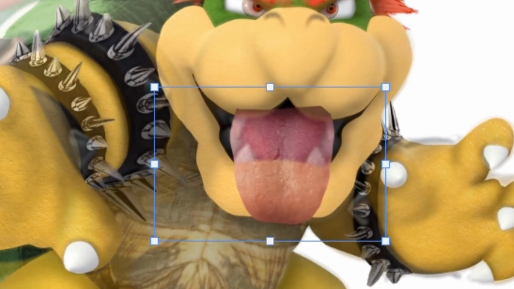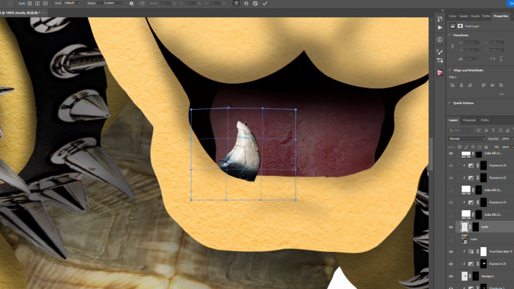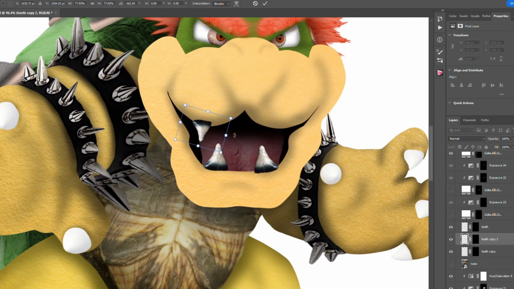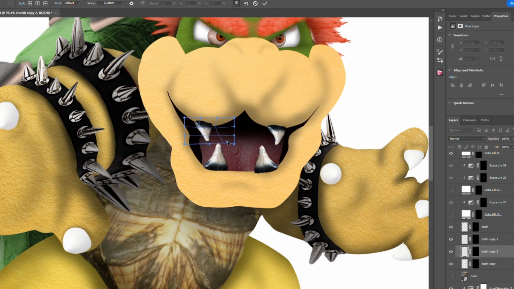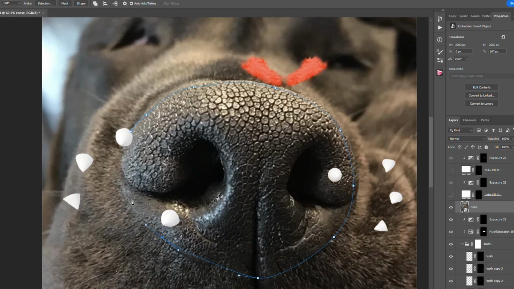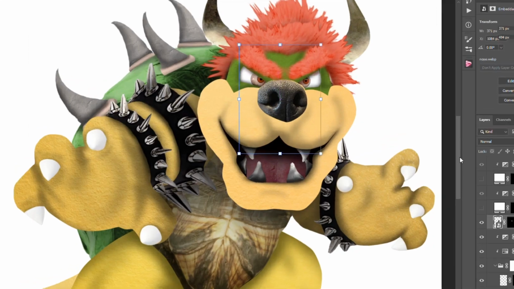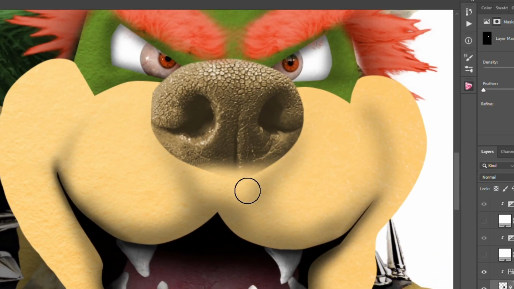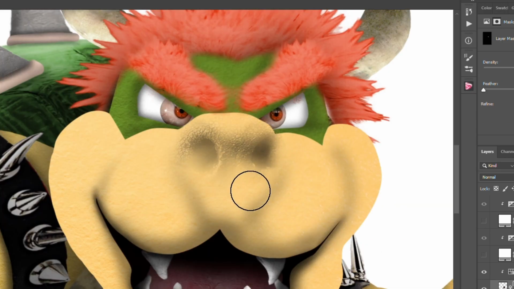Now we're going to add in a tongue and put it in on his mouth, as well as putting in all the teeth individually using warp. Just using the same teeth, but using warp to make it fit. Then we're going to use this picture of a dog snout to make his nose. We're just going to make that the same color using color balance. It doesn't look amazing in the end, but it's good enough to keep, so I just put it in here,